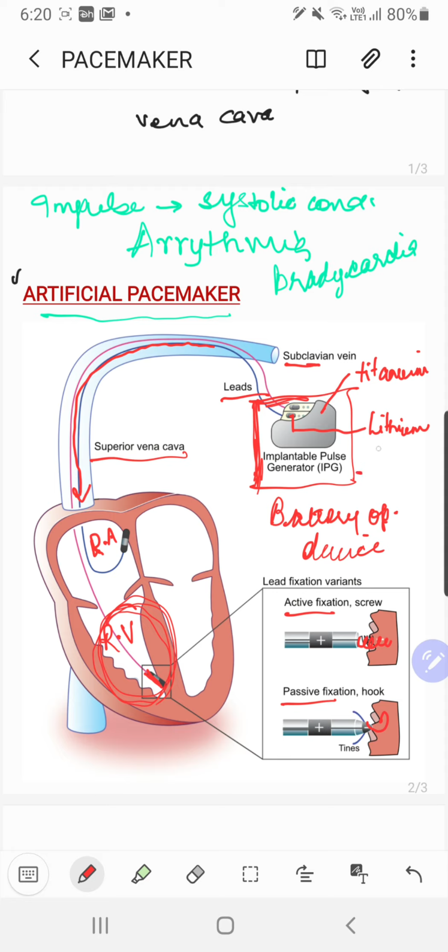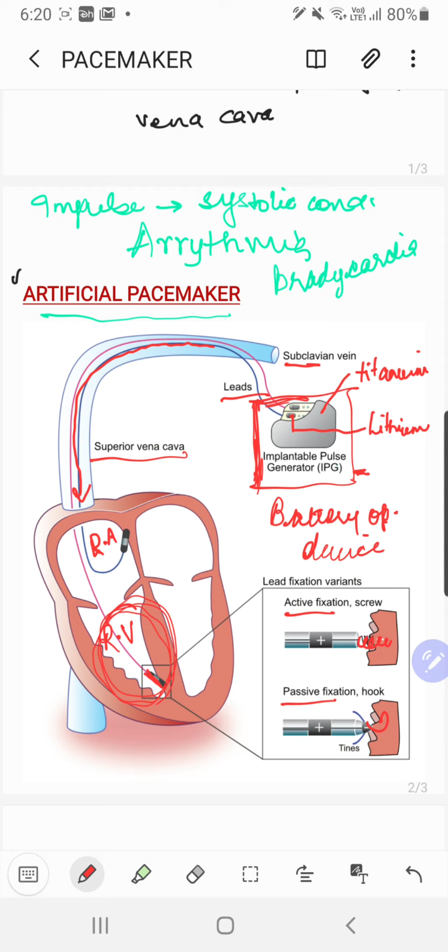And this battery is generally implanted in the chest area, and the leads are connected to the right ventricle and the right side of the heart, right? And what is the purpose of this artificial pacemaker? It generally creates shocks or impulses in a rhythmic order in case your heart is not able to produce the proper rhythmic beat. If the muscles are weak and not producing the beats rhythmically, that rhythm is also maintained by this pacemaker.